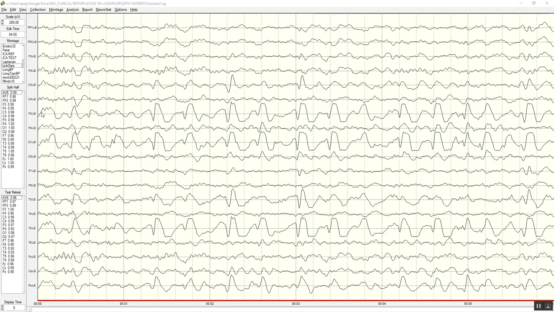You can see here P3 is much larger than P4. In fact, there is no epileptic events in P4. There is in O1, but not in O2. There is in T3, but not T4, and in T5, but not T6. And essentially a left posterior inferior region that is epileptogenic. And so the evaluation that was given to me, and I'm going to drill down through this or scroll